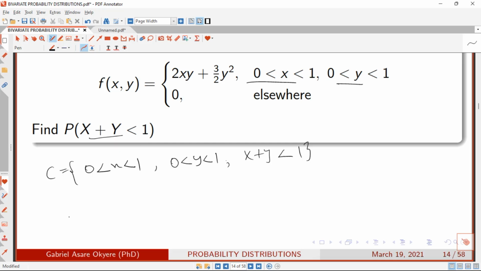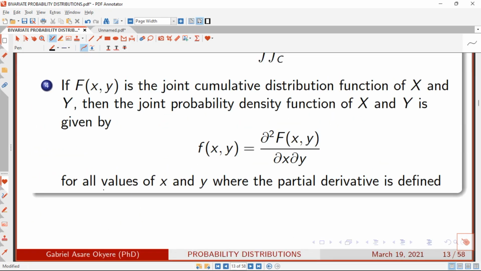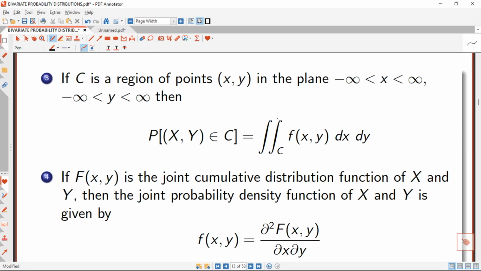And then we just learned that if you want to find probability, it means that you are going to integrate twice with a particular limit. That is what you have to do. That is what the critical region told us here. As you can see, you are going to integrate twice with respect to x and y, but we are going to base on